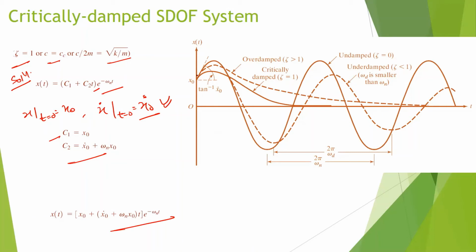So here in this response plot, this is the response of the critically damped vibration. This is the initial displacement and this is the initial velocity. So this is the critically damped system's response. After some time, it comes to zero displacement and it will not surpass the equilibrium position. And from this equation also we can say there is no harmonic term, so the solution will be an aperiodic solution.